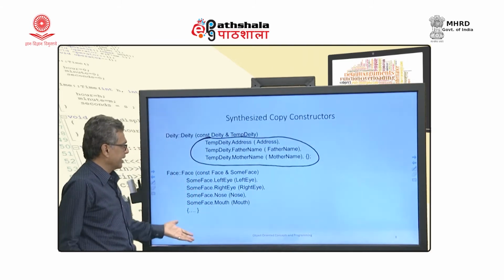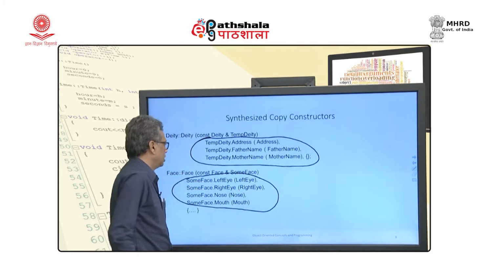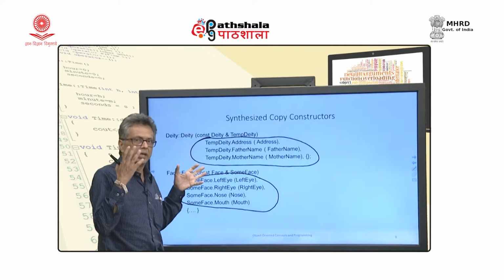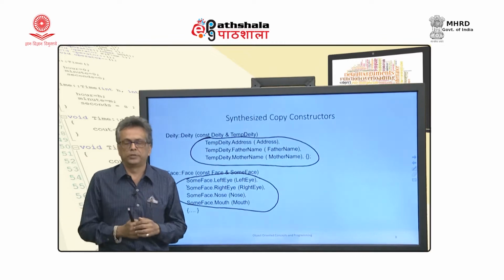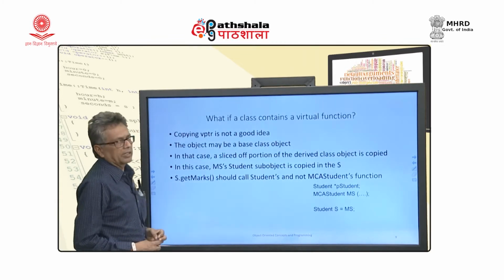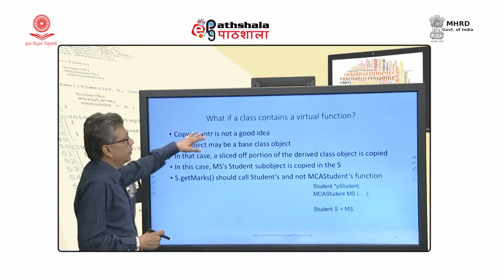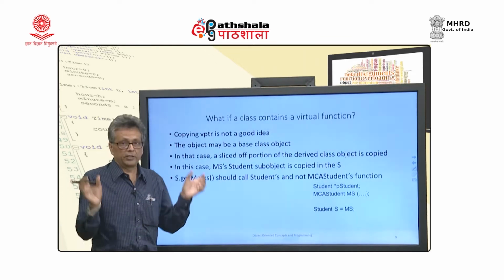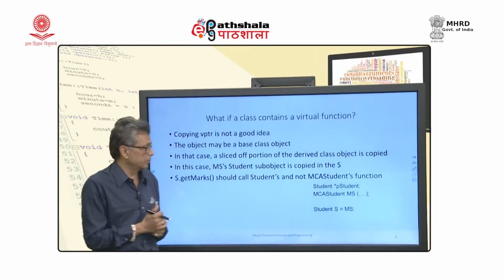Okay. In this case, it will be the same thing. The additional one is where every object is copied into the other object, invoking the typical copy constructors of that typical object. What if a class contains a virtual function? Copying the VPTR will be a problem, because you can't just do it when you copy an assignment statement. Remember, I said that the assignment statement will have a problem.